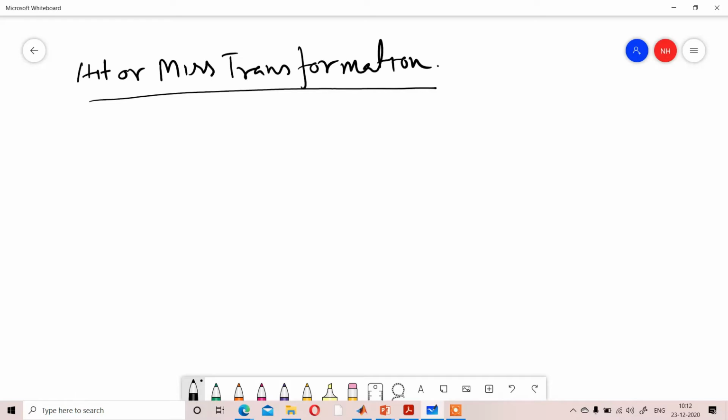Suppose I am giving an example. Suppose "hit or miss transformation" is written here, and from that you are trying to find out O, how many O you have in that sentence. The hit or miss transformation will help you find that.